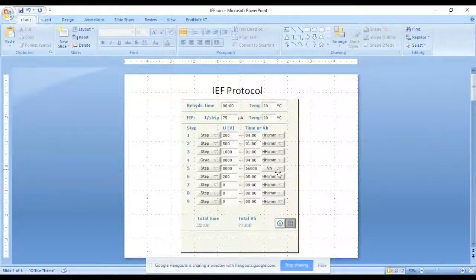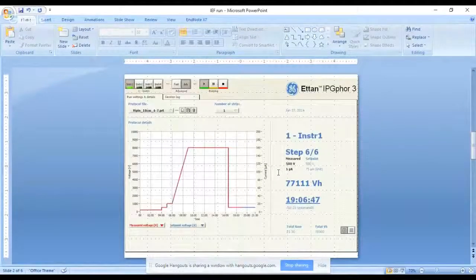So now we put this protocol for the isoelectric focusing, and it will take around 18 to 19 hours to complete one IEF. Basically, it depends on the IPG strip also. If we have a shorter IPG strip, like 7 centimeter, it takes less time, around 15 to 16 hours. If you are doing IEF of an 18 centimeter or 24 centimeter strip, it will take around 19 to 20 hours. Now, once it is done, how will the IEF run look?